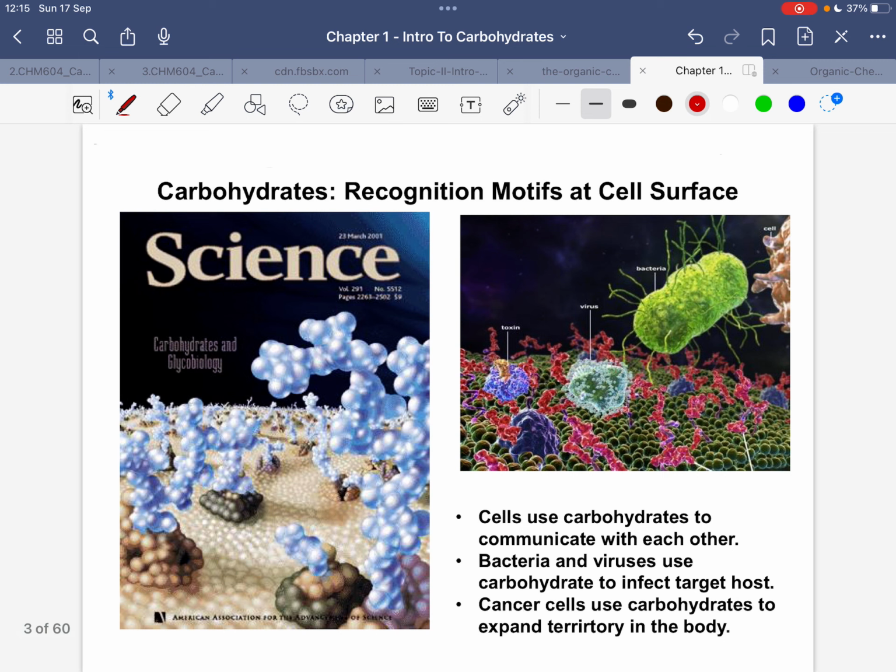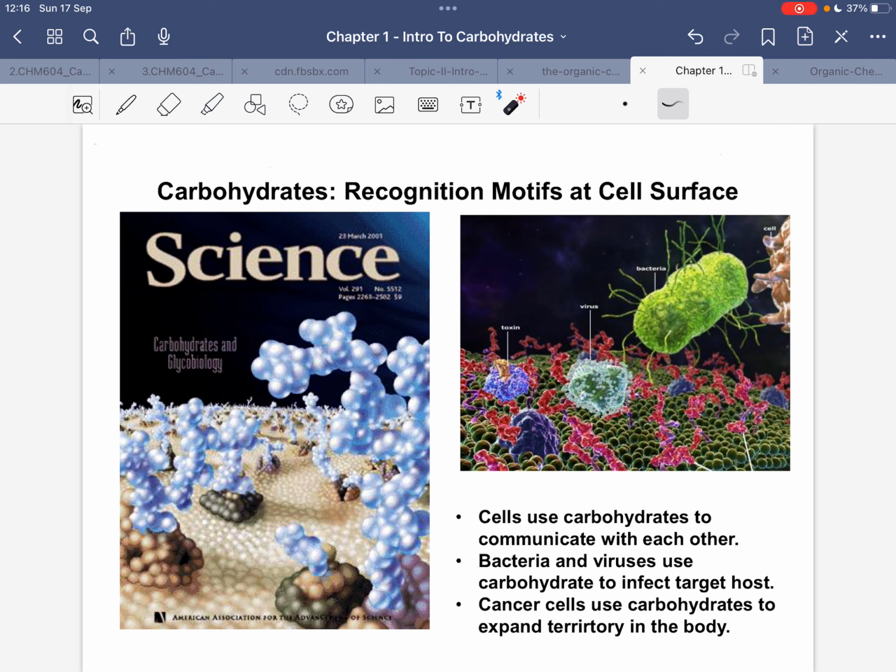Next up is ang carbohydrates kay ginagamit siya sa cell para mag-recognize og outer pathogens and some toxins. Like for example, toxins, viruses, bacteria, before sila maka-invade sa sulod sa cell and makabuhat sila sa ilang purpose, kailangan nila muagi sa cellular membrane. Ang cellular membrane, it's composed of a variety of carbohydrates. Daghan kanang carbohydrates sa surface sa cell.